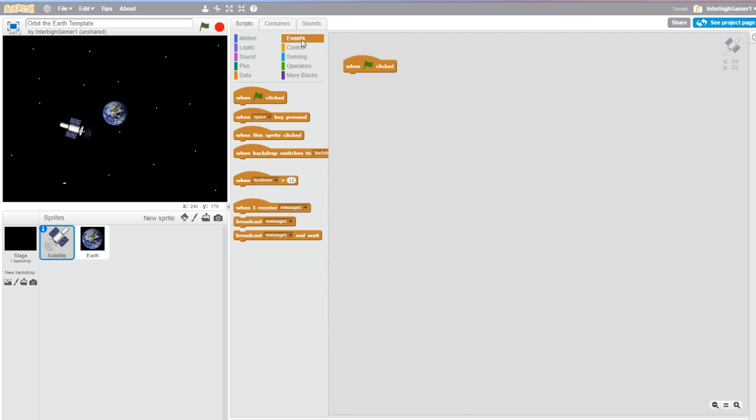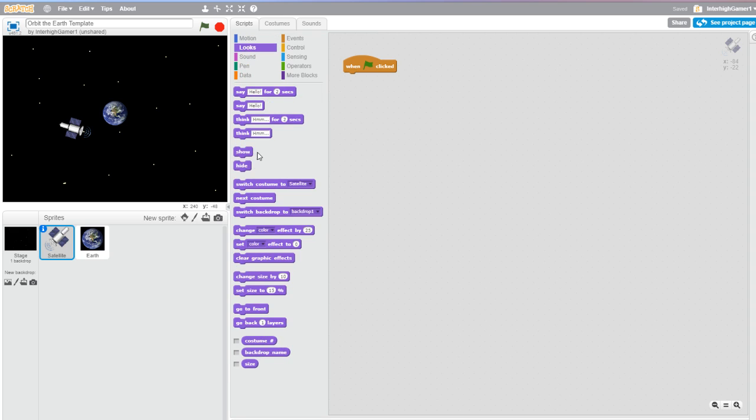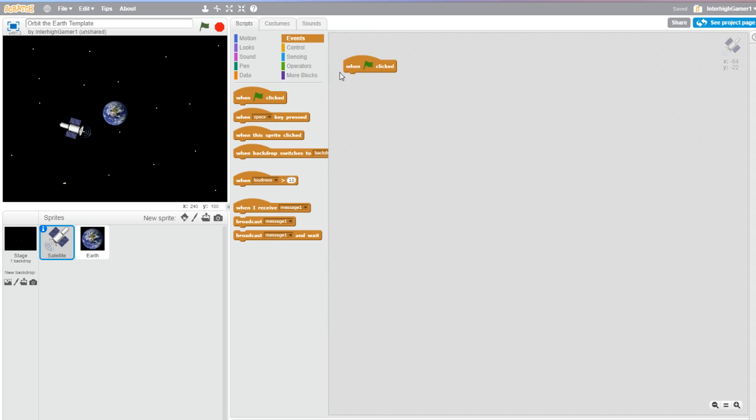The events tabs, these orange blocks, always start a script. And every time an animation starts, you will use something like when green flag is clicked, and that's what we're going to start with. On the other side we can see the motion blocks. Motion blocks make your sprites move, and looks blocks change your sprite. And then of course you've got the sounds as well if you wanted to put sounds in. So we're going to start with the events, and I've dragged a when green flag is clicked to start us